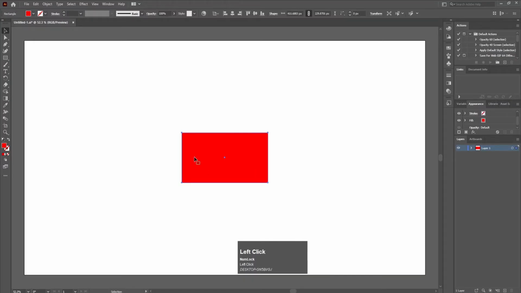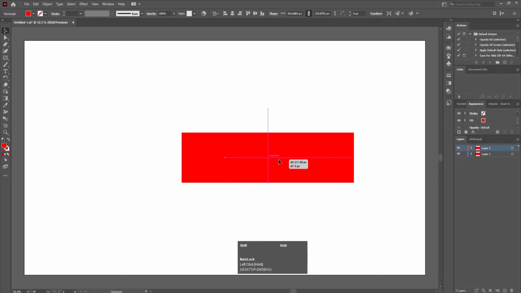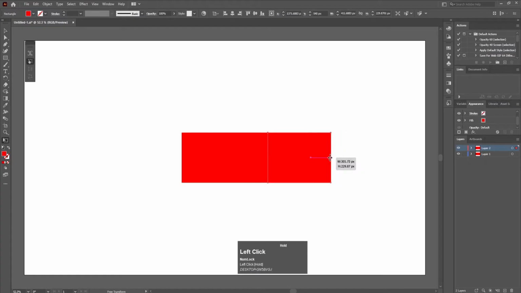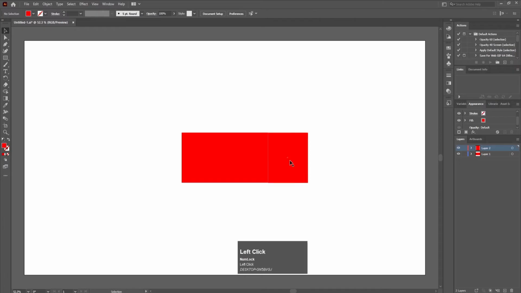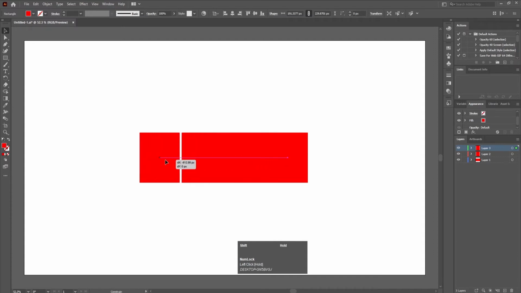So after that select this and Ctrl C, new layer, and press Ctrl Shift V, and simply move this over here in such a way that it should touch this. Press E, and let's try to decrease the scale a little bit like this. Okay, select this, press Ctrl C, create a new layer, press Ctrl Shift V, and let's try to bring the scale like this. Okay, now select this, hit Ctrl C, create a new layer, press Ctrl Shift V, bring this over here,